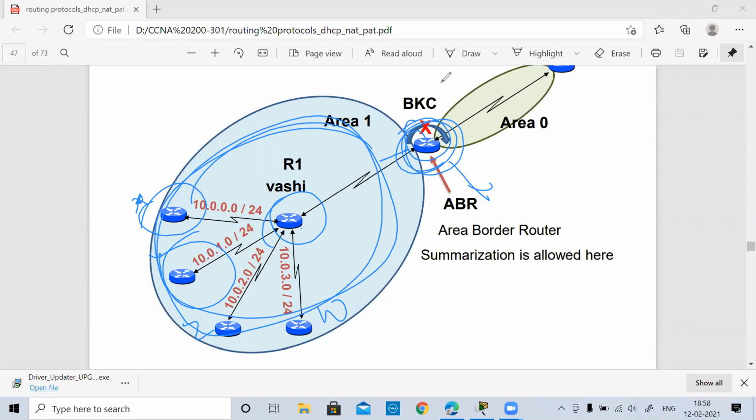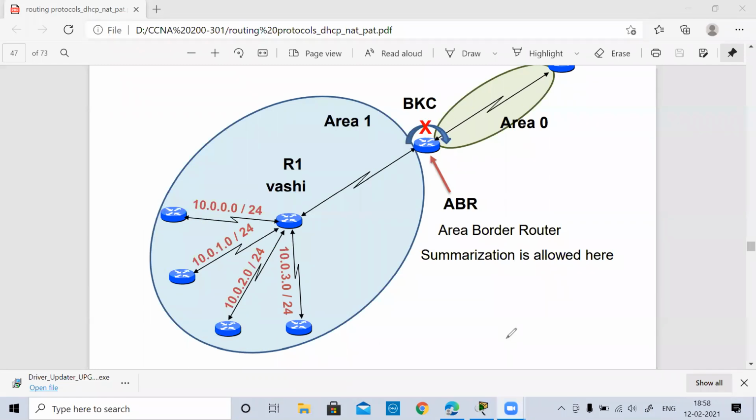So here your frequent updates, your frequent advertisement will run as per requirement. Only thing is the other part of the area will not get your information until and unless the entire thing goes down. So you're restricting the updates, you're restricting the advertisements only to your area, and internally you're not summarizing it. Internally you are taking all those updates and advertisements. So on a larger picture, you are still controlling the network performance by restricting these two things. Okay, so I hope this is clear why we need the area concept,